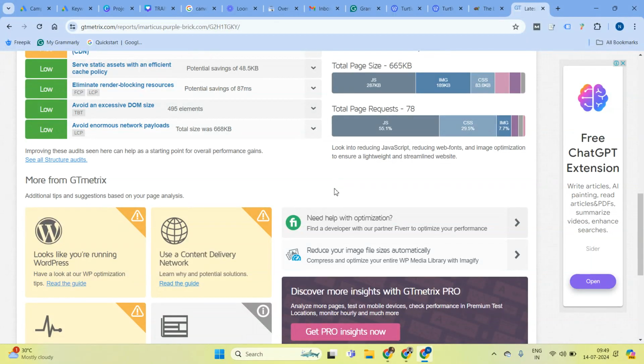A good tip if you have a WordPress website would be to use a tool like WP Rocket. Okay? And for images, you can use Imagify. I think both of them have a free version as well. Although the WP Rocket paid version is amazing, I think it costs $99 per year for 3 websites, or for life, I'm not sure. But you can check it out. If somebody is using a WordPress website for business, then they can consider using the WP Rocket tool.